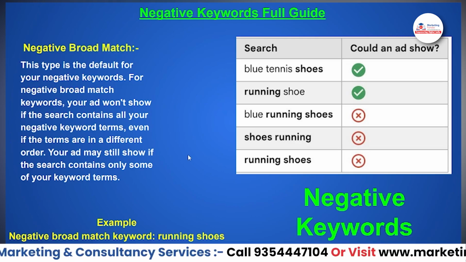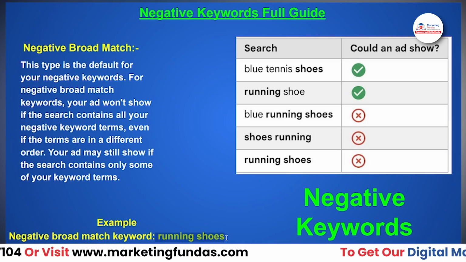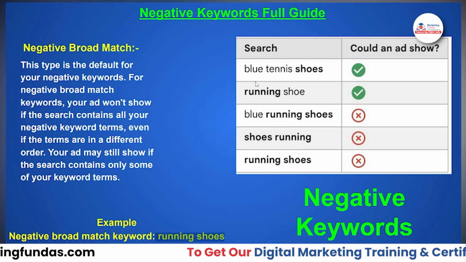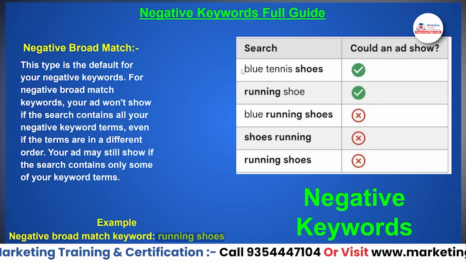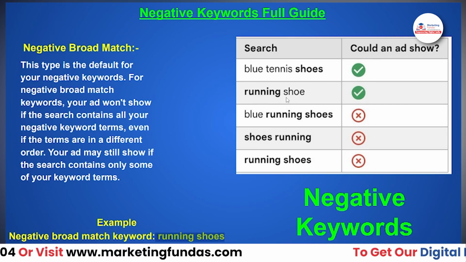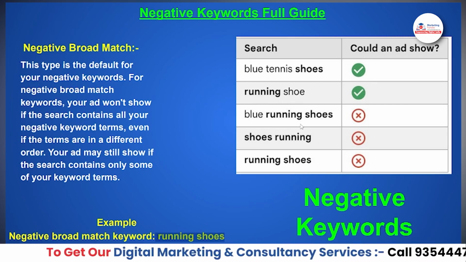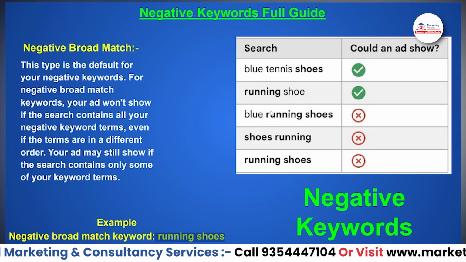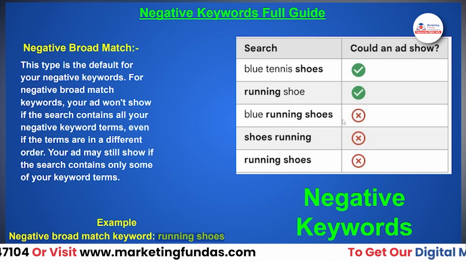Broad match one. Now, running shoes, for example: you have added the negative keyword "running shoes" in your campaign. In this case, if the audience searches "blue tennis shoes", then your ad will be shown. "Running shoe", again your ad will be shown. But if people search "blue running shoes", then your ad won't